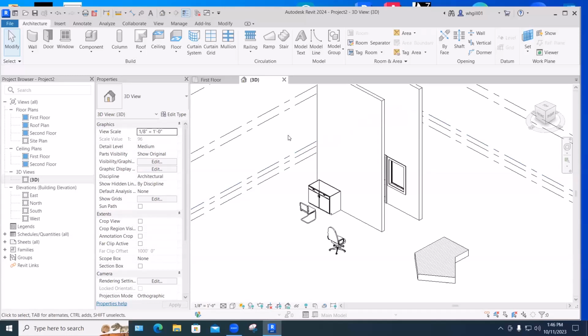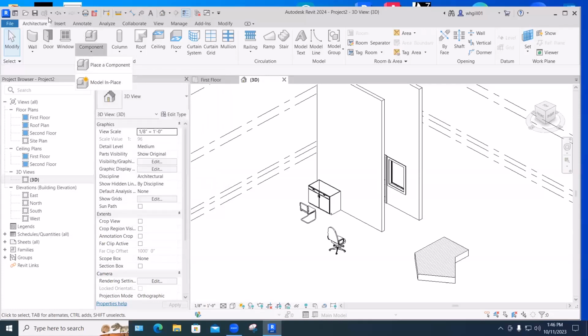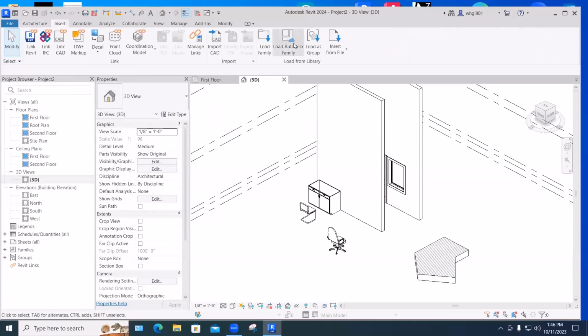But let's say that you were getting started doing a Taco Bell restaurant and you knew you needed like six different kinds of kitchen equipment, which you didn't want to have to go load one at a time. You just wanted to get them in the drawing so you could use them. You just wanted them to start appearing here in properties so you could use them when you wanted to. And for that, instead of placing a component, and place a component means get it and stick it here in this view, we can go to Insert, Load Family,